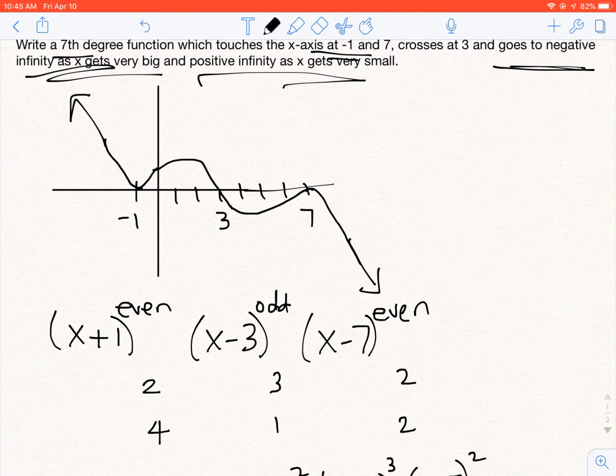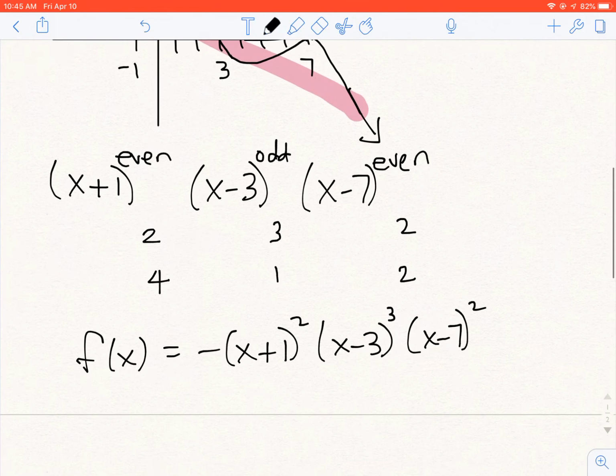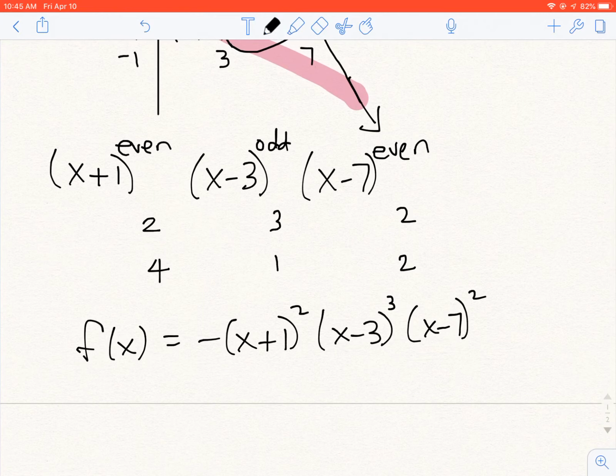And then I have to decide, is it supposed to be positive or negative, leading coefficient. So I look at this, and that looks to me like it has a negative slope as a line. So I'm going to put a minus sign in the front here. So that's my polynomial function. There are lots of polynomial functions, but this is the one that I'm choosing. Okay? All right. Good luck, and